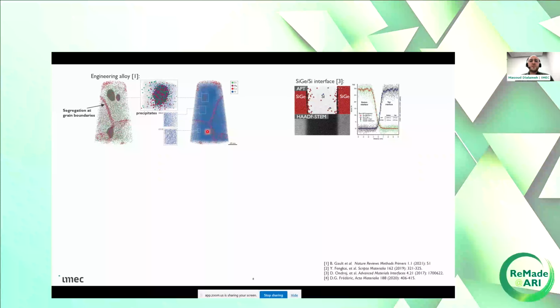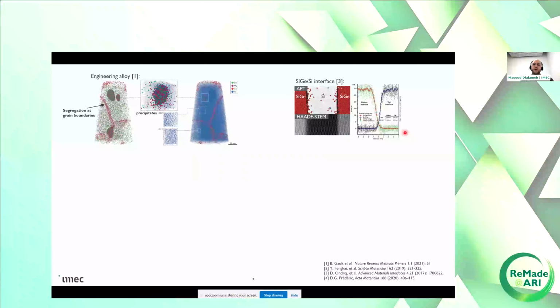Another type of analysis could be the interface. So in this case, silicon germanium silicon interface. This is a work from literature, benchmarking against STEM, scanning transmission electron microscopy, the standard technique for analysis of interface and intermixing. So what you see here with these markers is actually the one measured by atom probe, and the